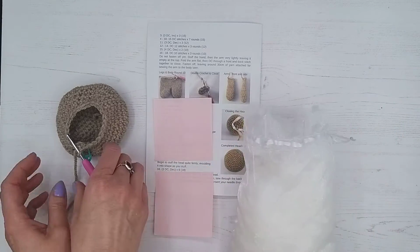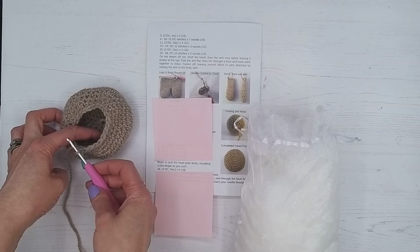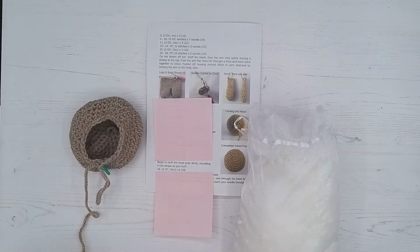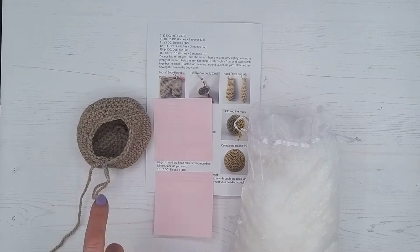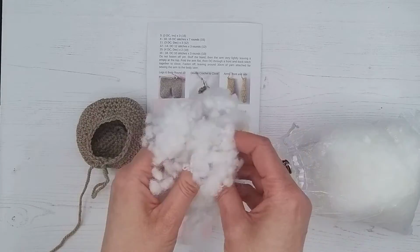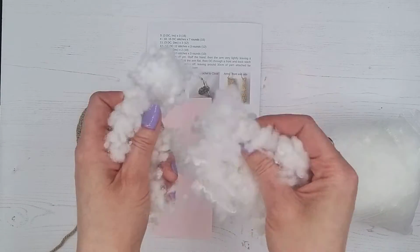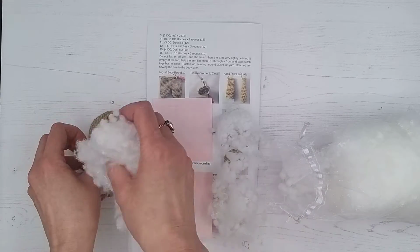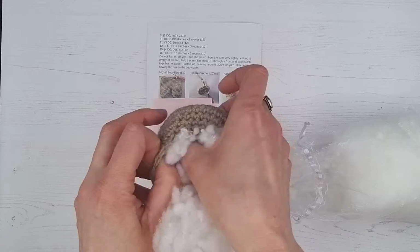So a little bag of stuffing that comes with the kit. I'm going to take the hook out just to make it easy, but I'm going to pull that first to make the loop bigger. And that's just so that we don't accidentally pull the loop out while we're working. So we're going to grab some stuffing. I always pull it apart. This ball stuffing is much easier to work with, but we'll still pull it apart because we don't want it in big clumps. And then we're just going to pop it in